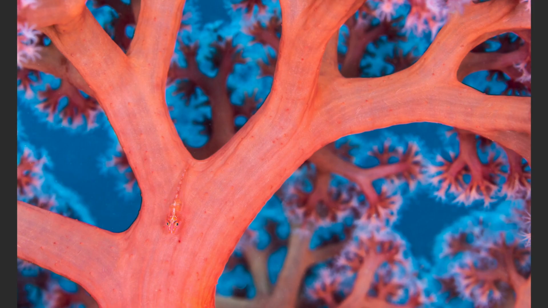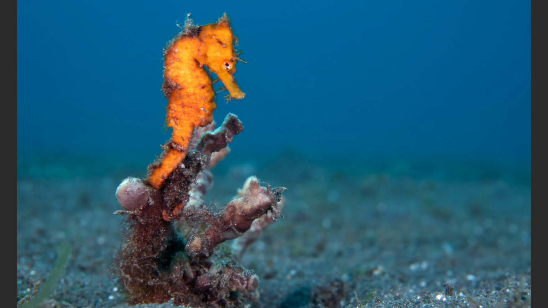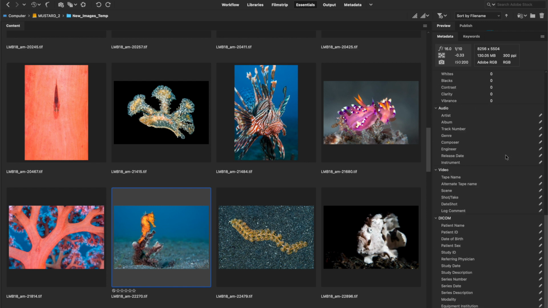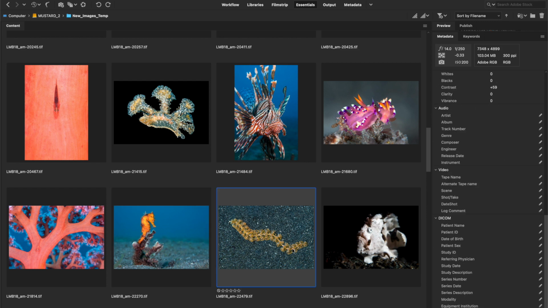Another goby on soft coral. This one looks like a many-host goby, or a common ghost goby. Just a pretty little female common seahorse, or yellow seahorse. I think quite regularly the females of this species are the yellow ones, or in this case probably just gone a little bit orangey. There were quite a lot of orange ones on this dive site at this time. I think it was Air Badger maybe when we were there. It's quite a long time ago now for me to remember the dive site just off the top of my head. And then